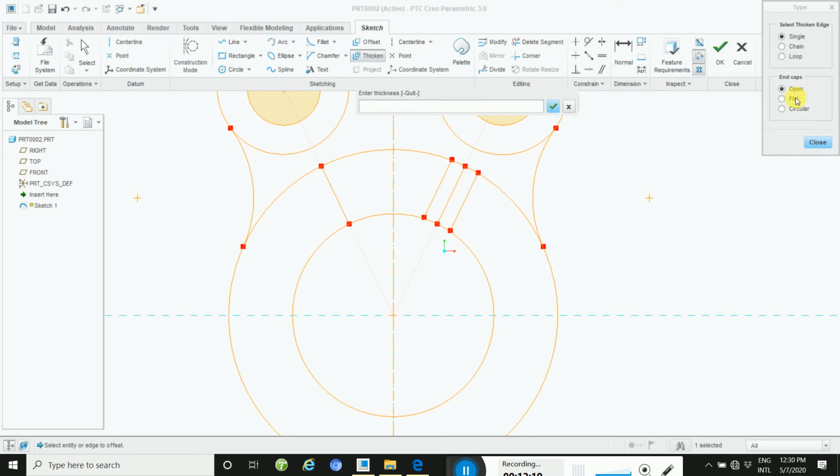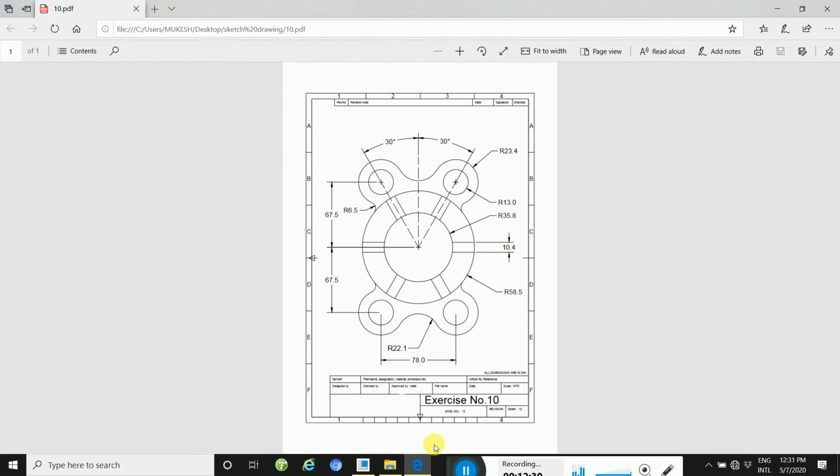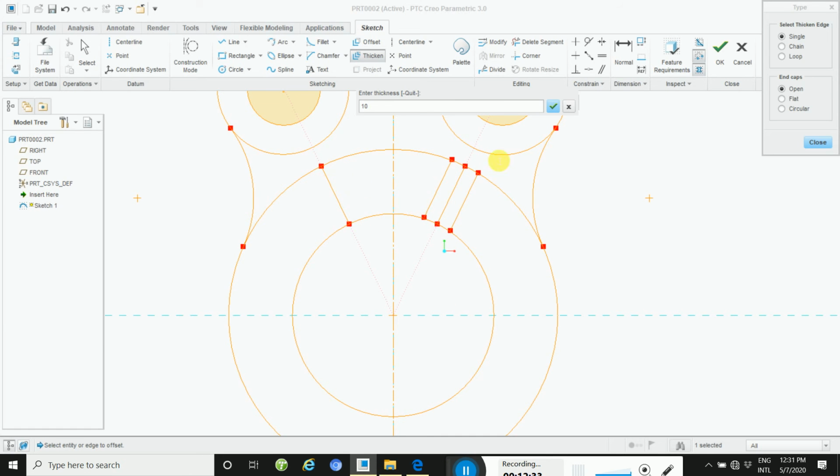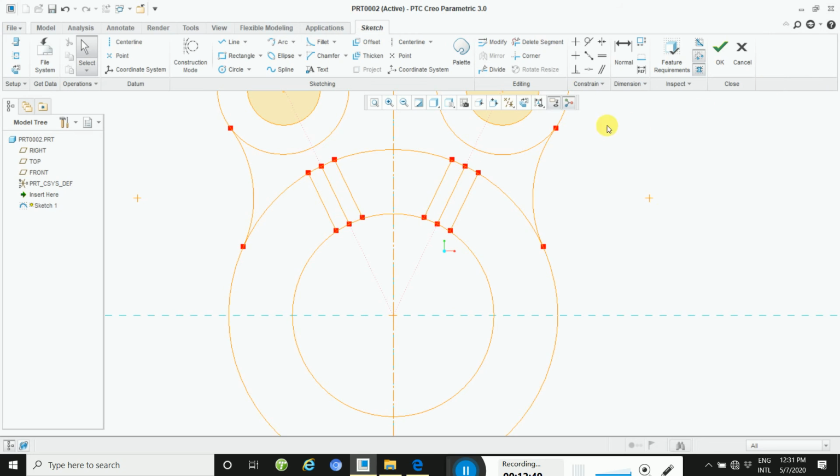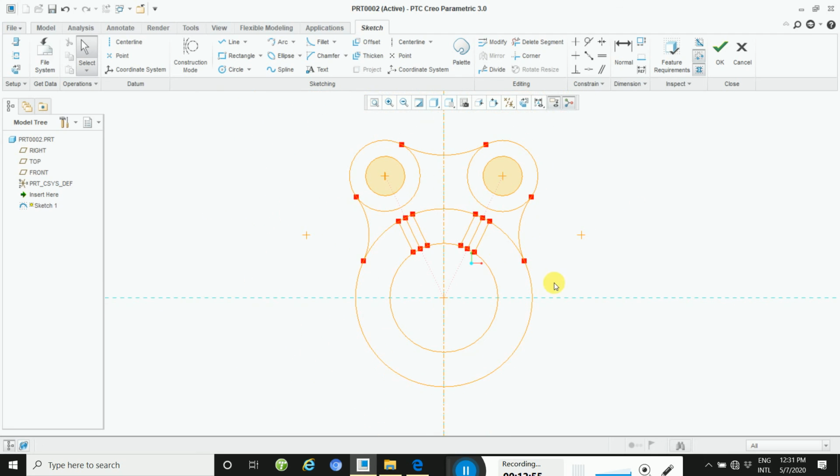Go to thickness, open is needed. Then this is 10.4, so 10.4, enter, and then half, take another half, 5.2, and close it, and then apply mirror to all the parts.